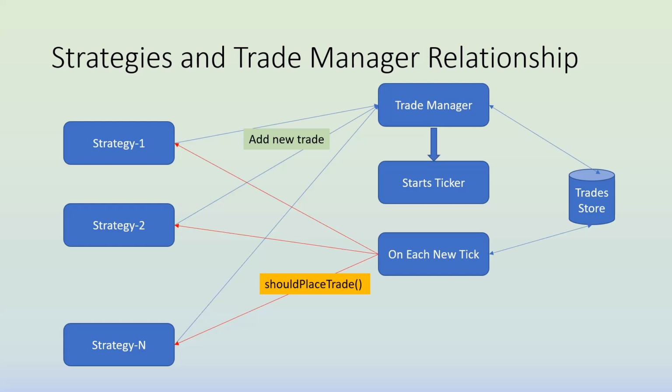Now, when the trade is added to trade manager, the trade manager registers the symbol of that particular trade to the ticker. So let's say strategy 1 placed a trade for Cipla. The trade manager will subscribe the Cipla symbol to the ticker. So you start getting the ticks from the ticker, right? And inside trade manager, on each new tick for that symbol,